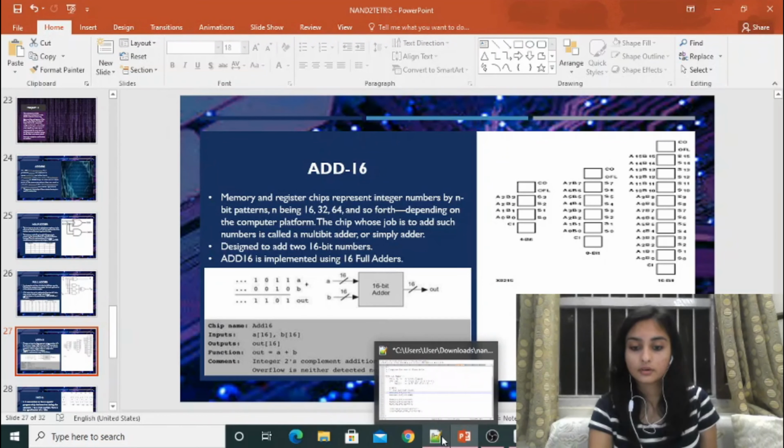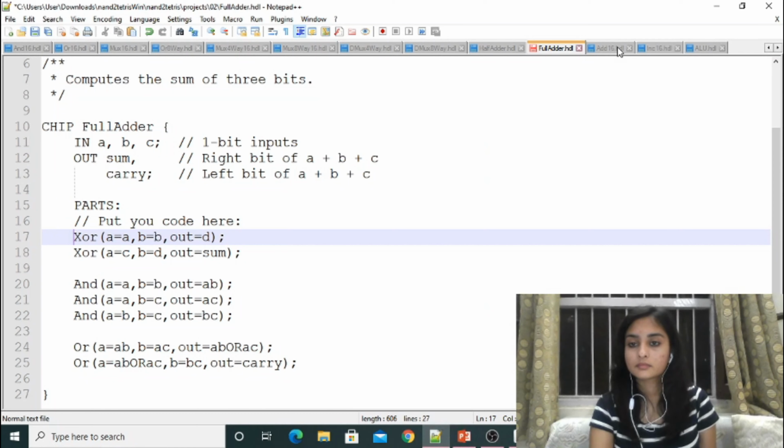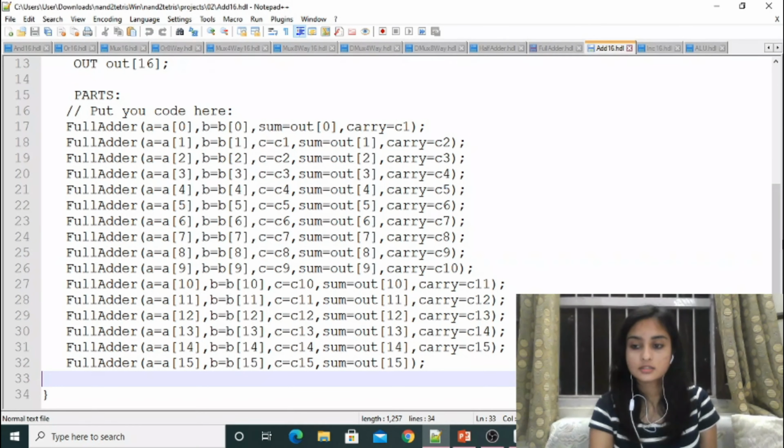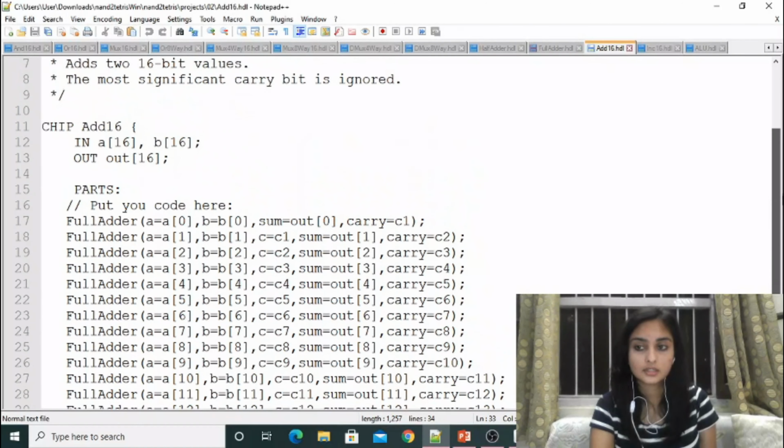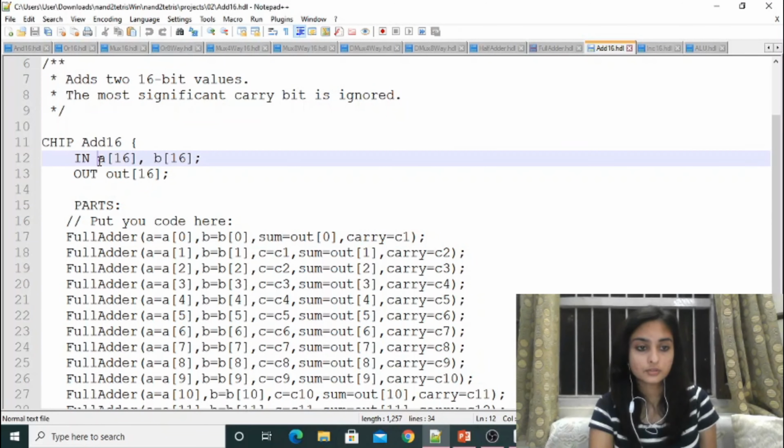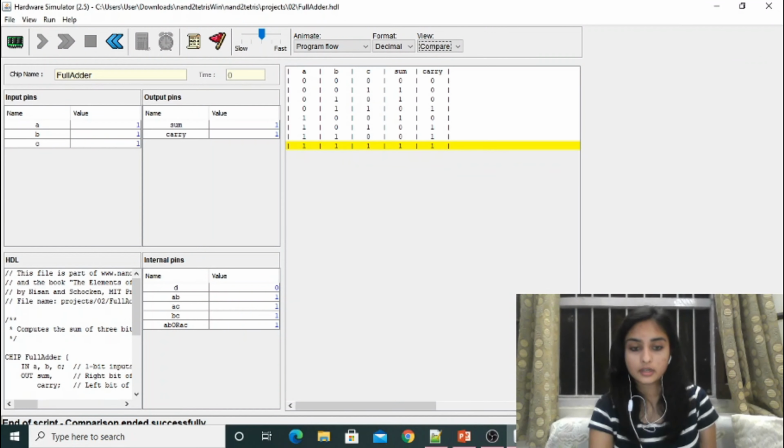Now we'll look at our code. As I said, we'll be implementing it using 16 full adder logical operations, which we already created in the last experiment, and our inputs are of the format A, B of 16-bit, and the output is out, which is again 16-bit. Now we'll be running it.